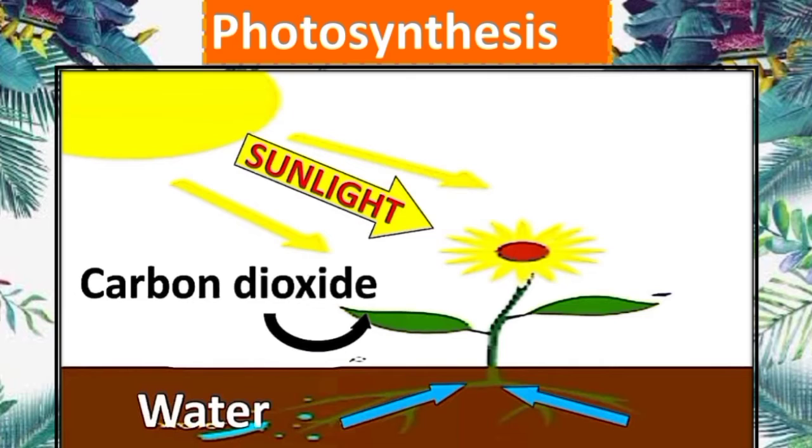Water is absorbed by the roots and carried through the stem to the leaves. Then second material, light. When light falls on the leaves, it is absorbed by chlorophyll. Another material, carbon dioxide, which is taken in through stomata, and after the food is prepared, oxygen is given out through that,